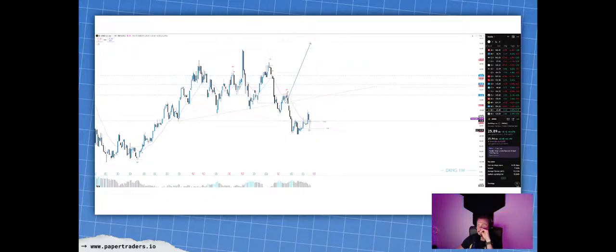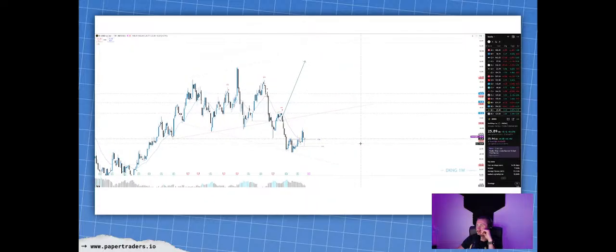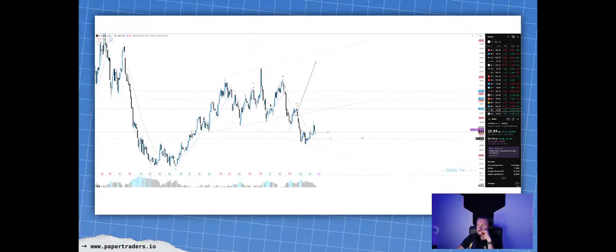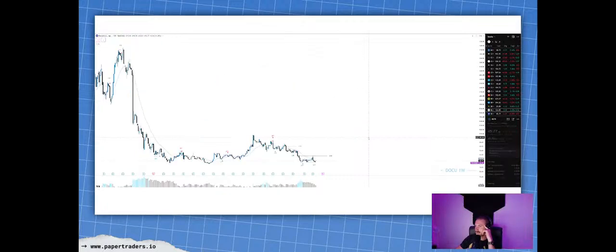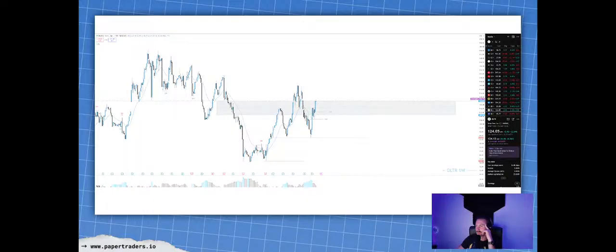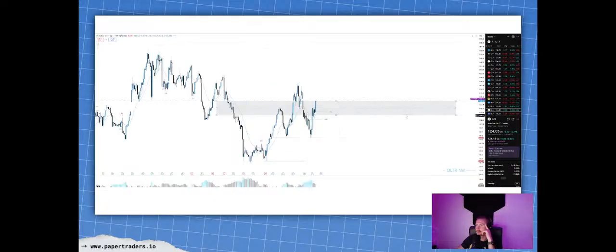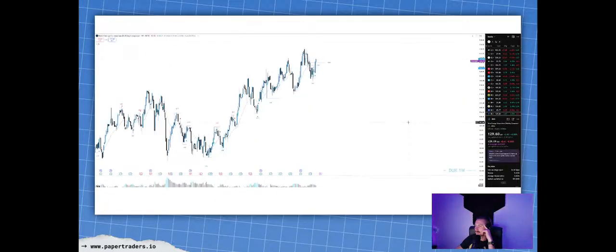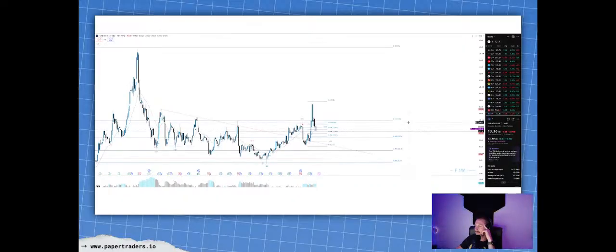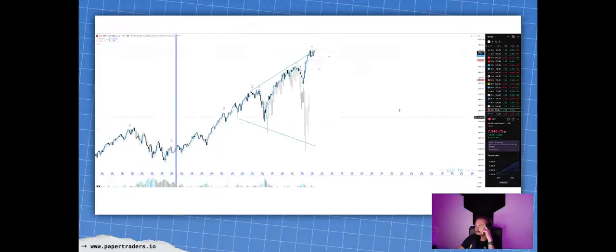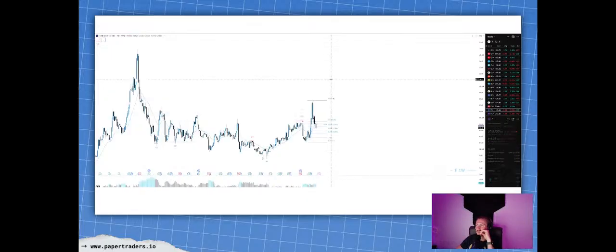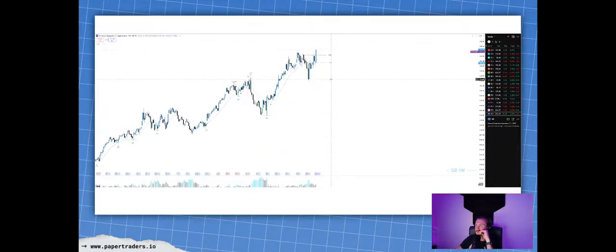DraftKings tapping back into here. I mean, we can even expand this a little bit lower right there, giving us a nice little megaphone right there. Dollar Tree. No sweeps, but retest of that area. Dollar Tree, I mean, that looks good still. I'll take that. Yes, just kind of consolidating here, right? We have a similar consolidation pattern happening right there. Maybe this consolidation pullback continuation back into the upside. Same thing on NQ, possibly FSLR.